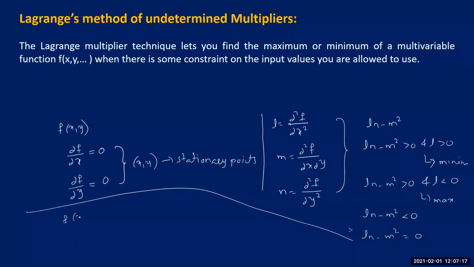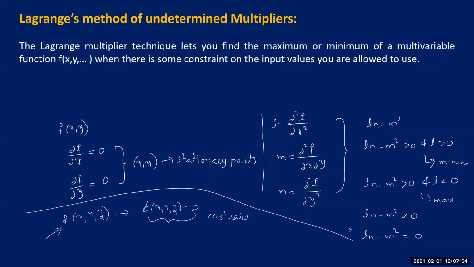Now see what we did. When you are given a function of three variables, you will be given a constraint along with this function. Let us say that constraint is something like phi of x, y, z equal to 0. Right? Now you'll be given an equation of this kind in terms of all three variables x, y, z, and you are trying to extremize this particular function. You may minimize it or you may find where it attains its maximum. Whatever it may be, you try to find the extremum of this function under this particular condition. We call this a constraint.